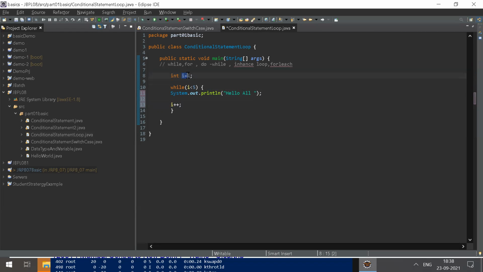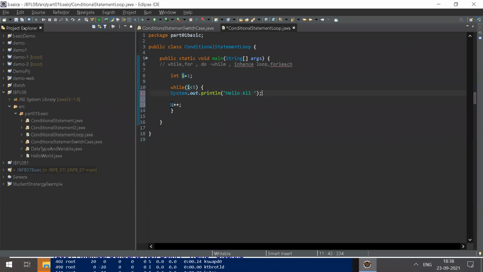What is the value of i here? Tanu, can you help me? 1. Okay, is this condition true? Yes. So it will print hello all.